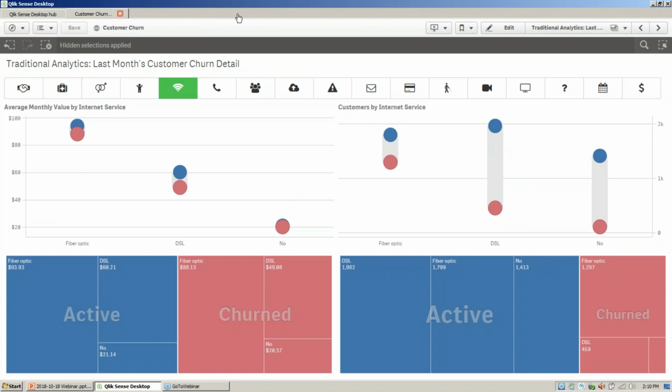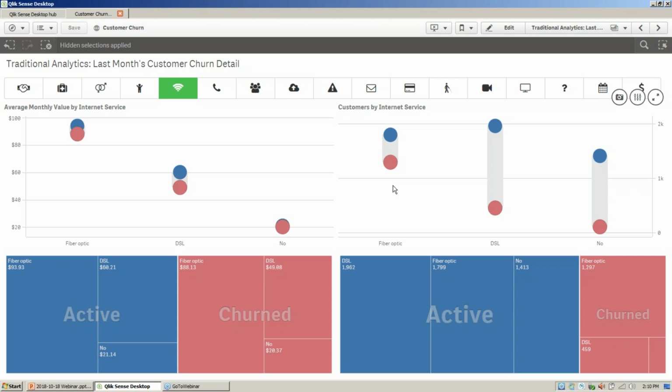So let's look at the different types of internet packages that are available here. Once again, we see a big spread between the blue and the red dots. That means that our DSL customers are usually pretty sticky, but our fiber optic customers not so much. Obviously fiber optic customers aren't bad. We've looked at our benchmarks against the rest of the industry. We've got a good product here. That means there's something else going on.